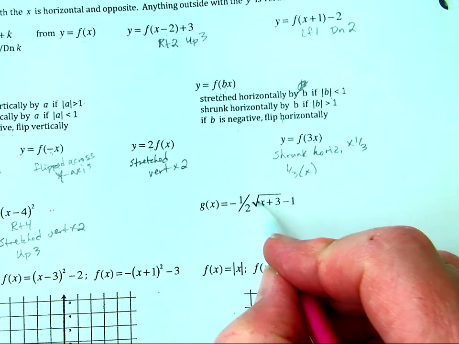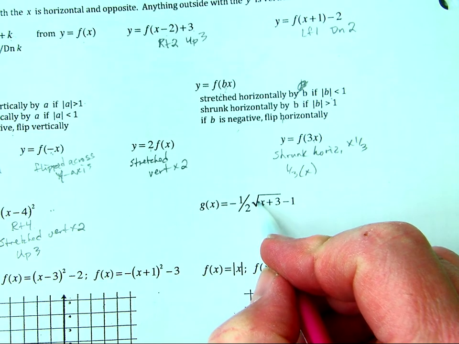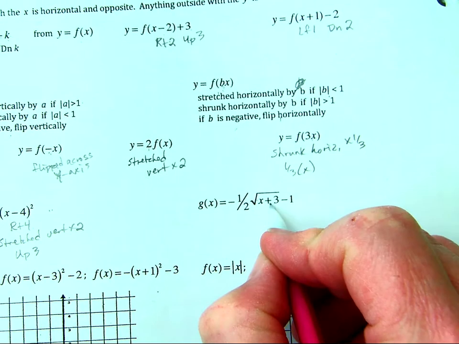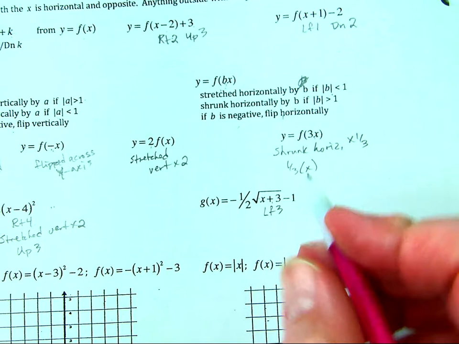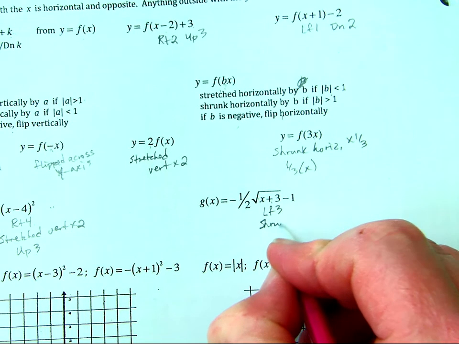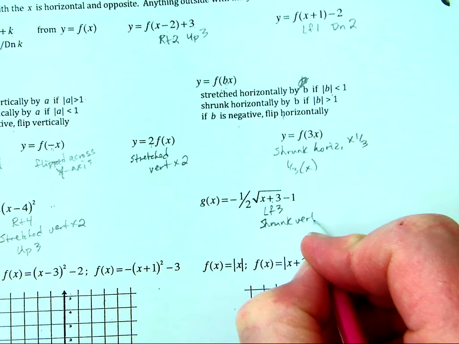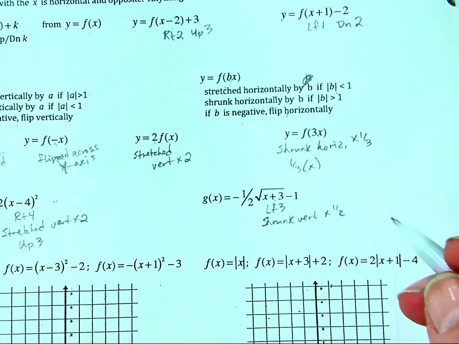Here, this is a square root graph, so it looks like half of a sideways parabola. So you start inside the bracket here. We have a plus 3, so that would be left 3. There's a 1/2 out here, so that means shrunk vertically by 1/2,